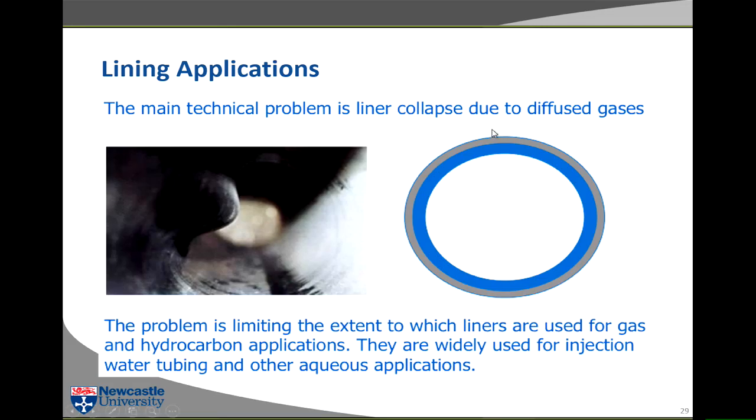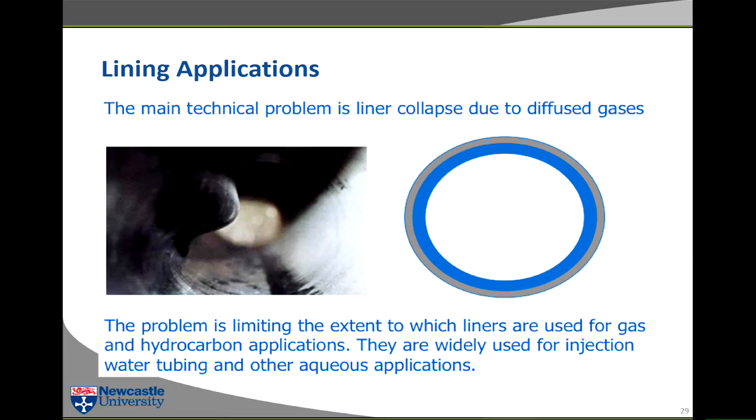I mentioned liner collapse, this horrid looking picture. This is what happens with liner collapse. This is what happens when the gas permeates through the thermoplastic and forms an equilibrium pressure of gas at the interface between the thermoplastic and the steel pipe. Then you depressurize the steel pipe, and the gas then tries to expand and collapse the pipe, and it'll all